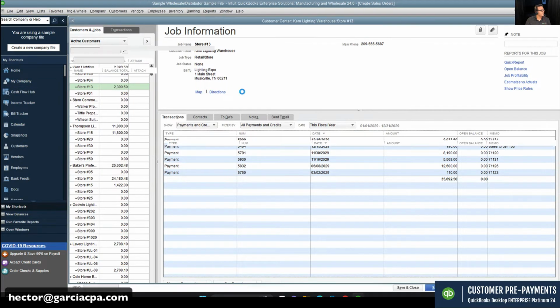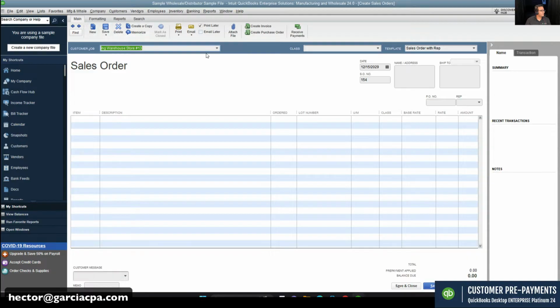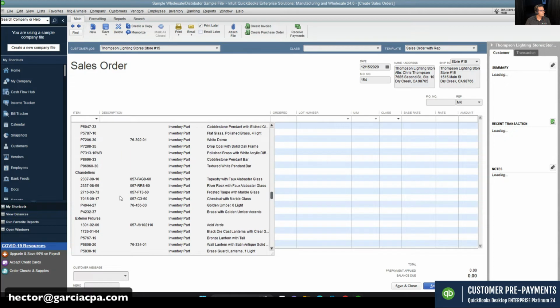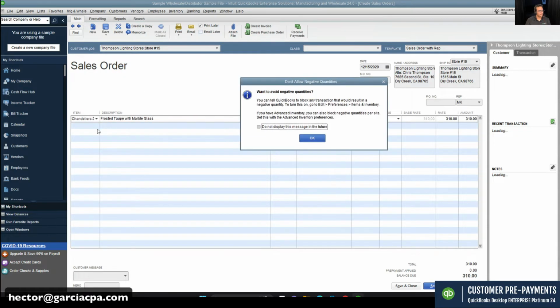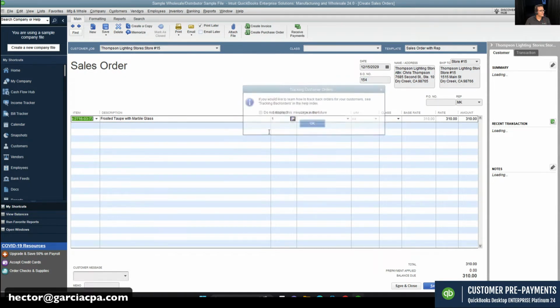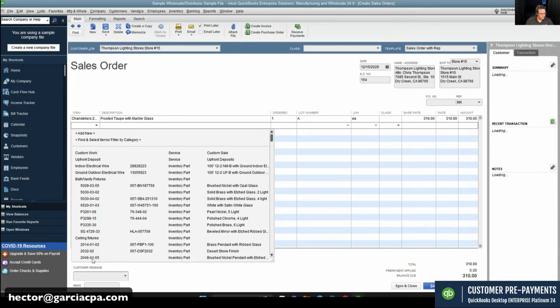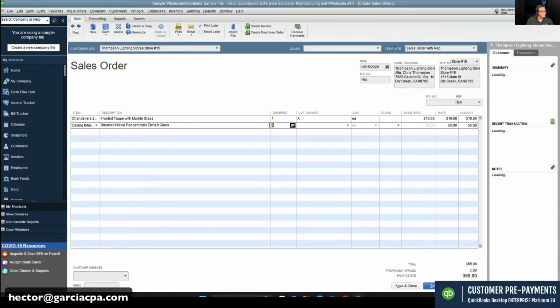And I'll pick, let's say, this one, and then I'll pick a couple of items. Okay. Of course, I'm picking the items I don't have in stock. So let's go pick a lot number here, and I'll pick another item, and let's do 12 of these. Pick a lot number. Okay, so there's my sales order for $970, and I do want to receive a payment